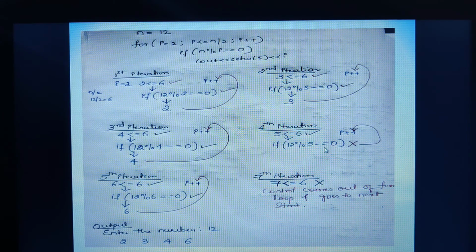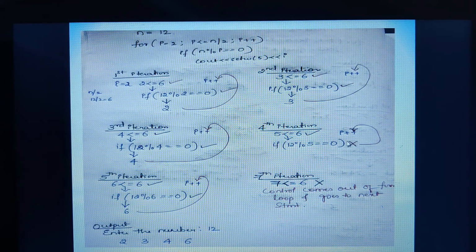See, once the if condition becomes false, the true part of this if condition, that is printing, will skip. Printing will skip and control again jumps to the incrementing of i because still the condition of this for loop is true, children. I hope you are able to understand. The true part of this for loop is this if statement. The true part of this if statement is this one. If this condition is failing, control automatically goes back to the increment of the for loop.